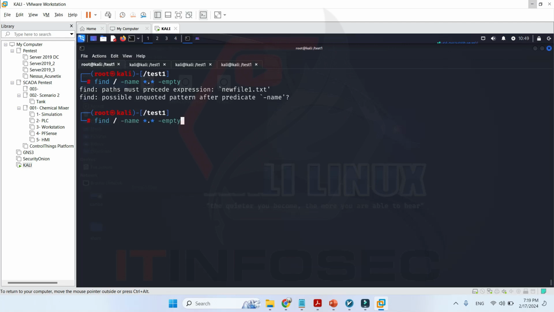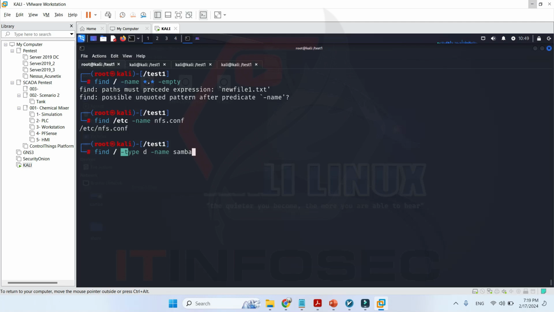Another item for find is to find a special file. For example, find in /etc that the name is nfs.conf. It will find it. And another item is, for example, find